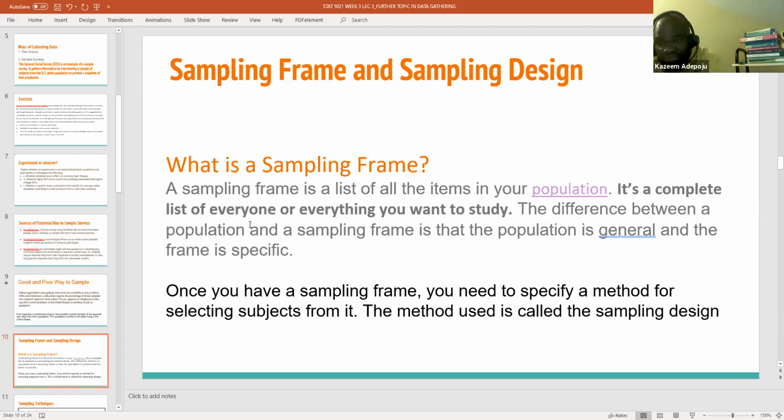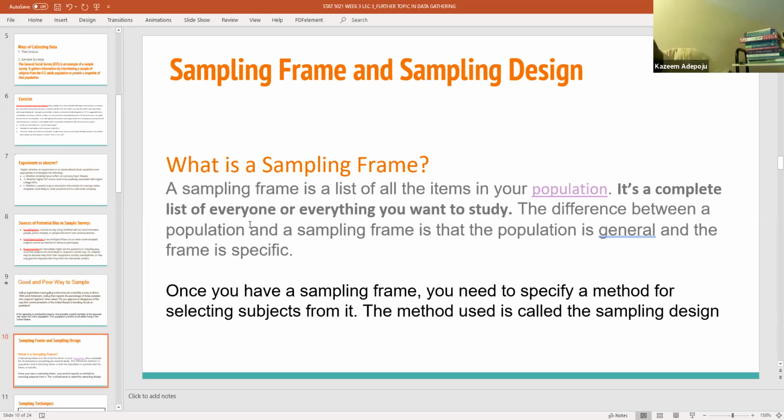The moment you identify your sampling frame, all you need to do is apply the method of selecting subjects, the respondents, from the target population. So before you can do that, you actually need to